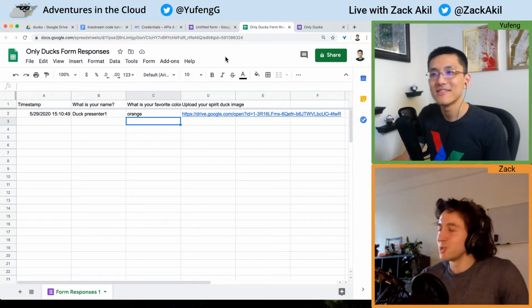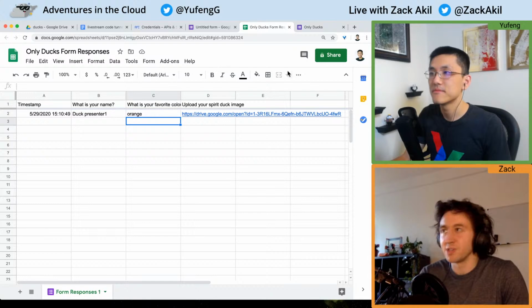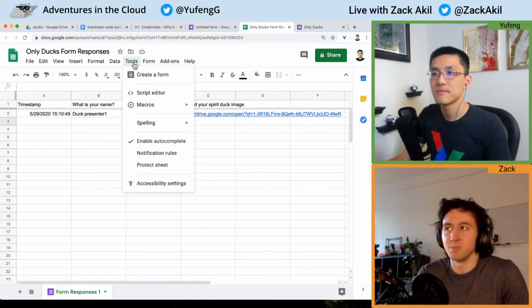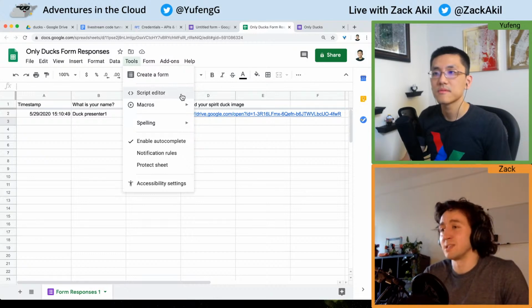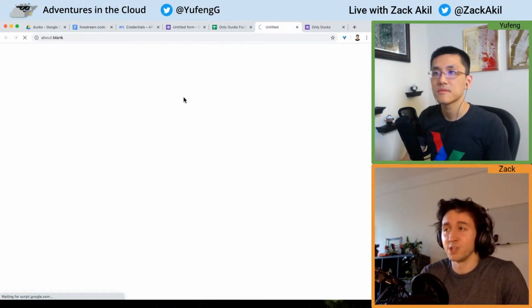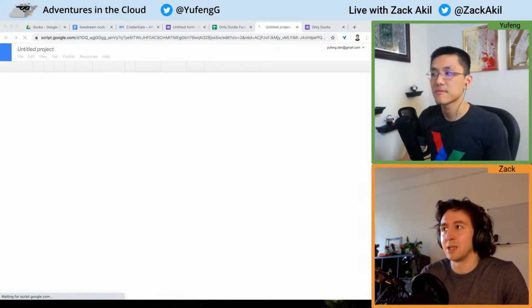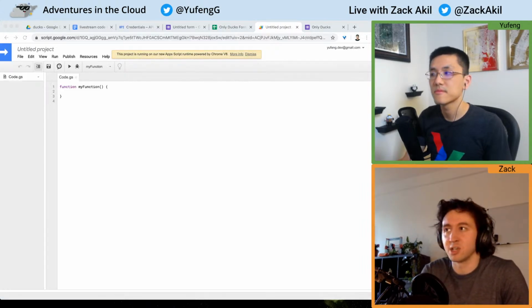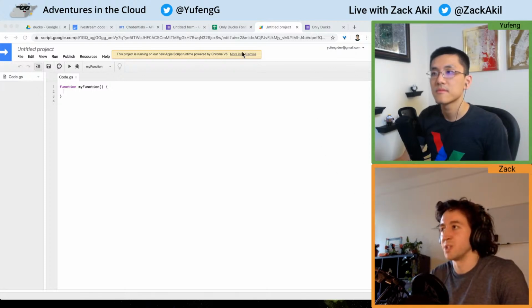Well, to enable AppScript and connect it to any document, if you go to Tools, I think this exists in other types of Google documents, you go to Tools and you go to Script Editor. That's going to automatically generate an AppScript for this document and create that link and binding back to the document. So it's a really nice, seamless way of jumping into